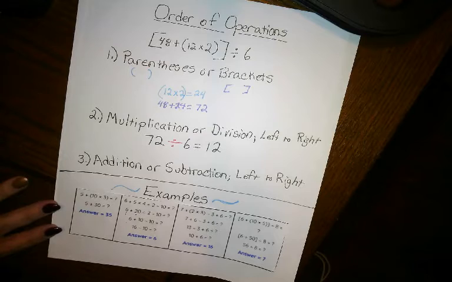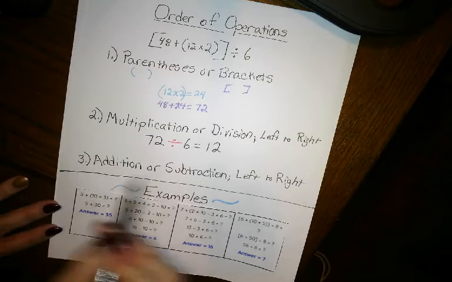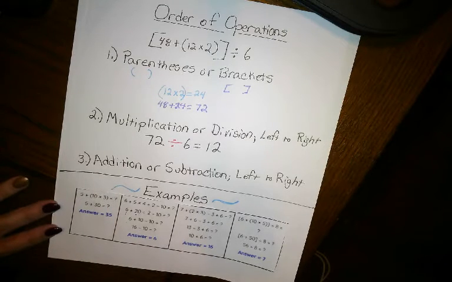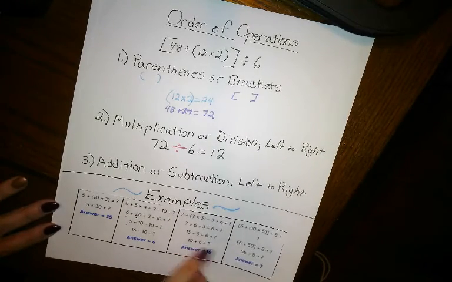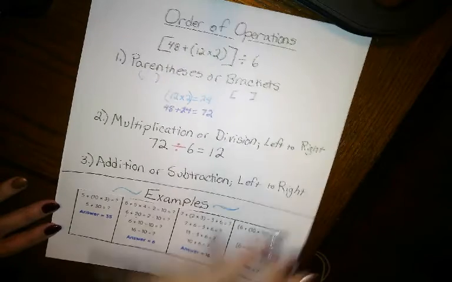So what I need to do now is just decide, what am I going to do first? Well, I do whatever comes first from left to right. So you can see in this case, addition comes first. So I would simplify this part of the problem first. 6 plus 10 equals 16, minus 10, which would give me an answer of 6. And it just goes on to the same thing here. So this is your basic